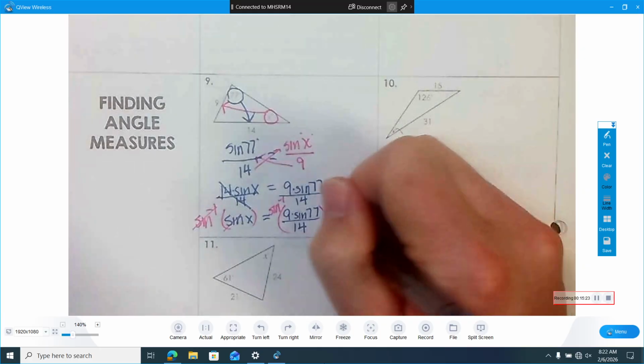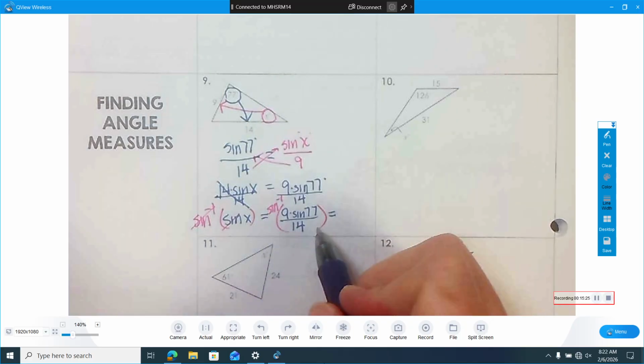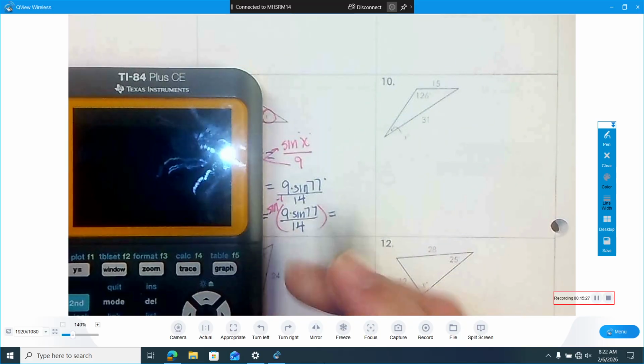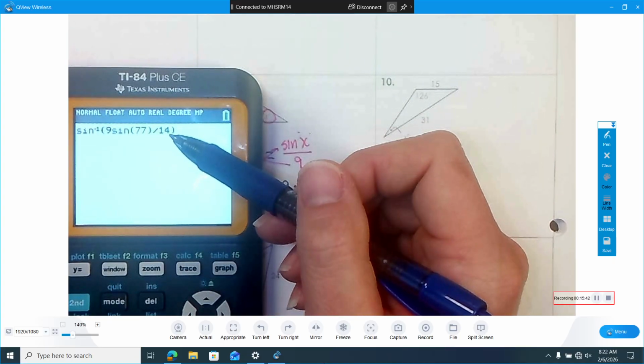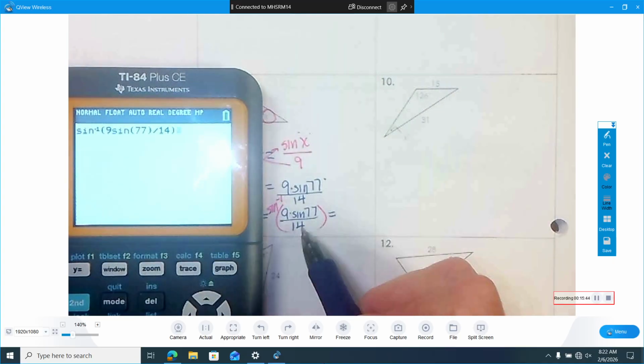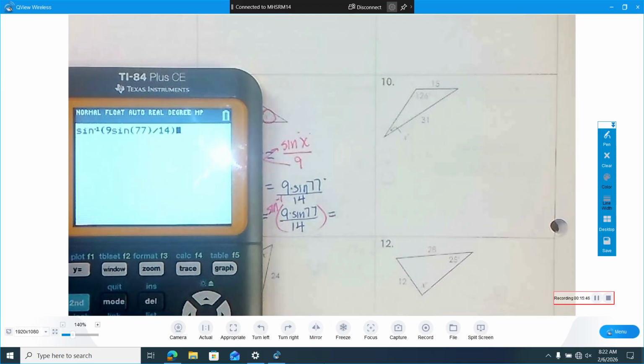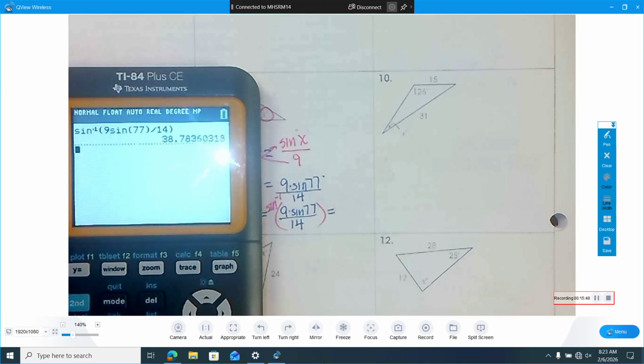And all I have to do is type this portion in my calculator. So I'm going to do sine inverse of 9 sine of 77 divided by 14. You can put it all in one line. Make sure that you close your parentheses so that you're taking the sine inverse of the entire fraction. And we get